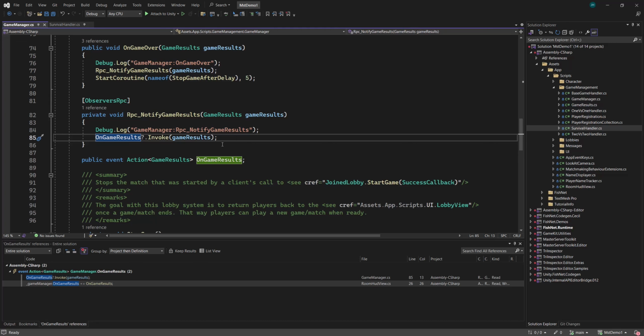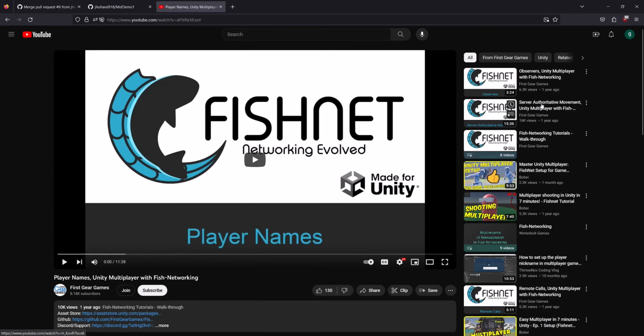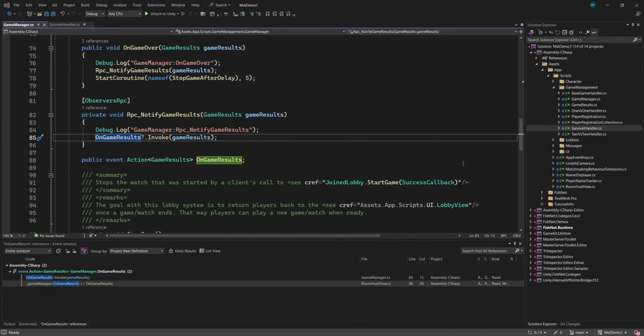The game names, like the player names and that kind of thing. Again, I'm a beginner at Fishnet. I just Googled and I found this tutorial by the author of Fishnet that goes over the player names. And what I did is I basically implemented it in here by adding